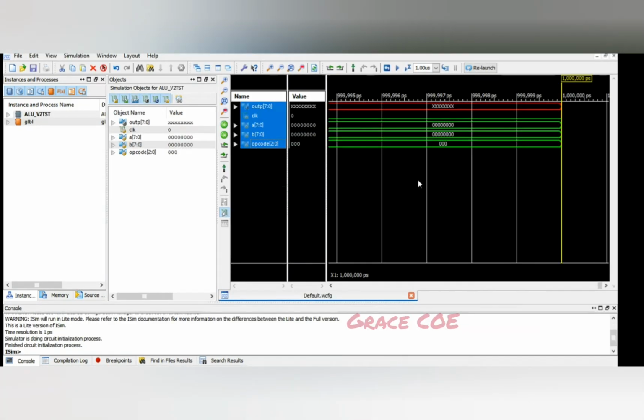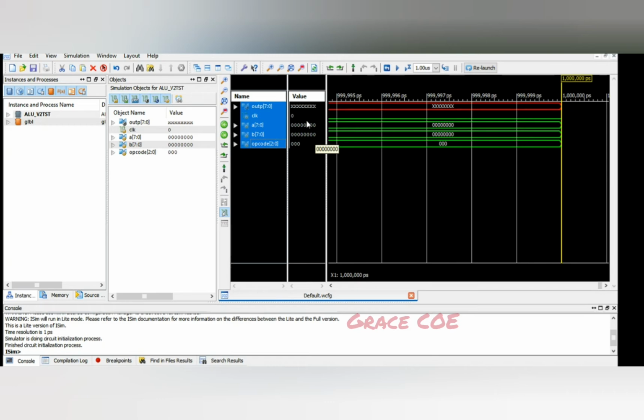So now the code has been completed successfully, and the simulator has initialized. So now we'll be giving the inputs and checking for the respective output.